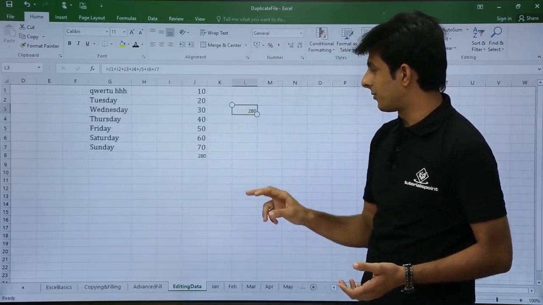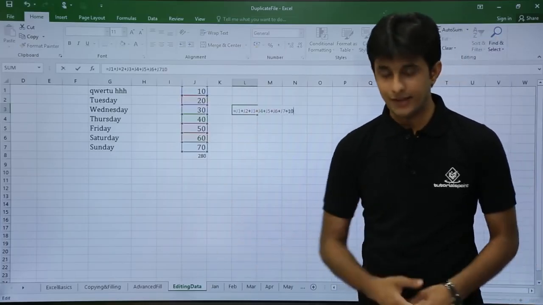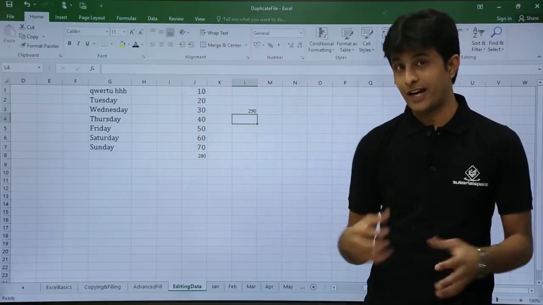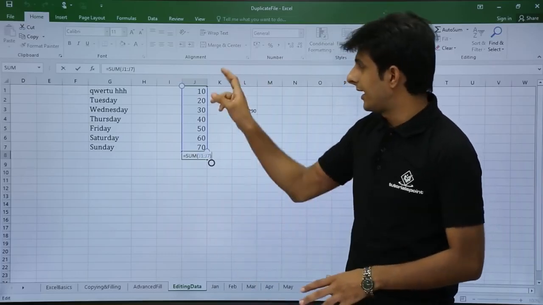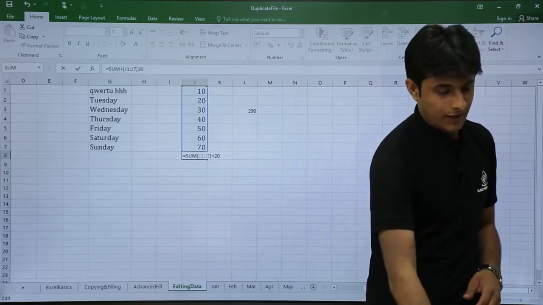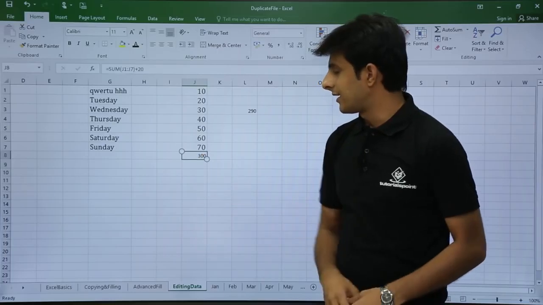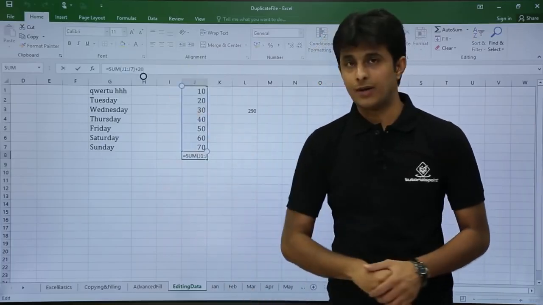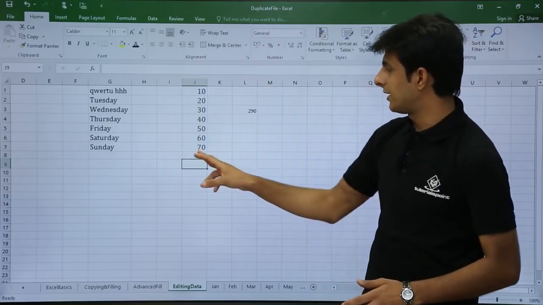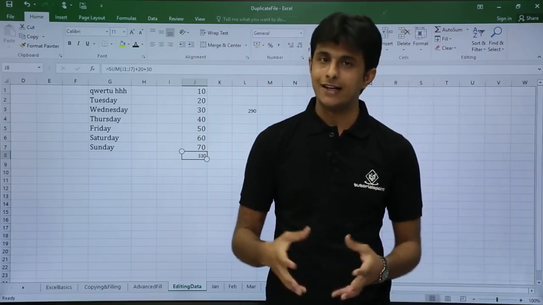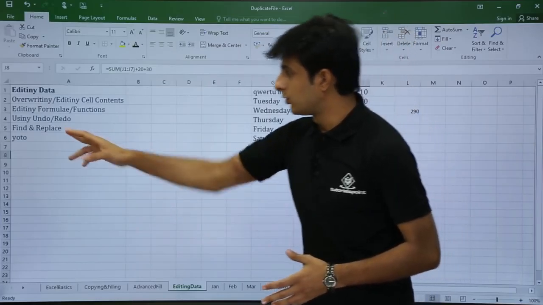So if this is a formula, I'll just double click on this formula and I can just add here 10. So that is editing, press enter. So I'll get 290 because I have added here 10. Similarly, if I want to edit a function, I can just double click and just add here 20, enter. So this way I can do that, or else there's one more method: select the cell, do not double click, click on the formula bar and add here any number plus 30, press enter. So you can see here the same options can be used by a different method, that is editing a formula or a function.